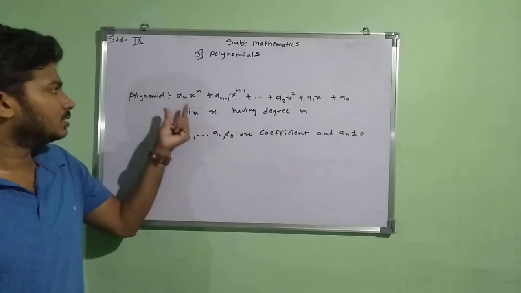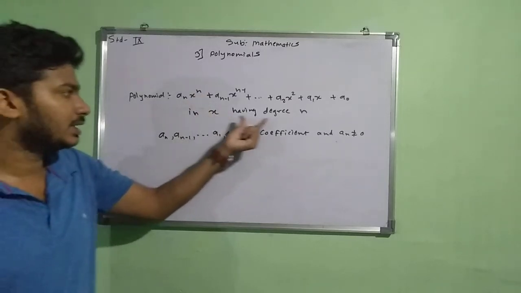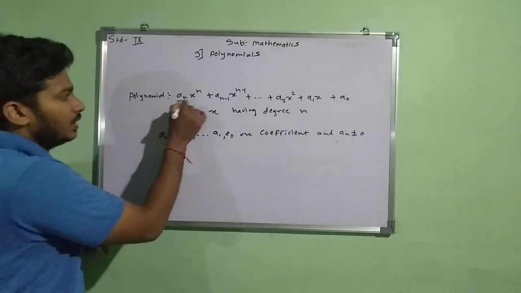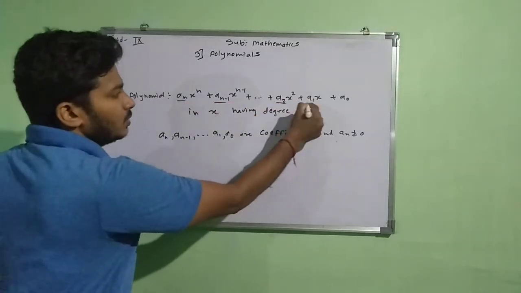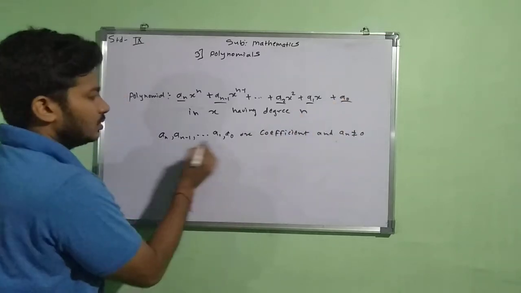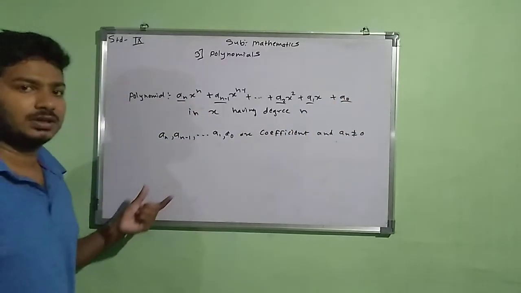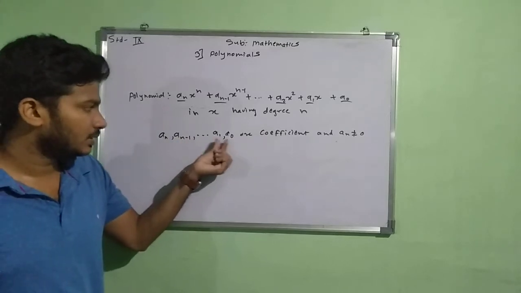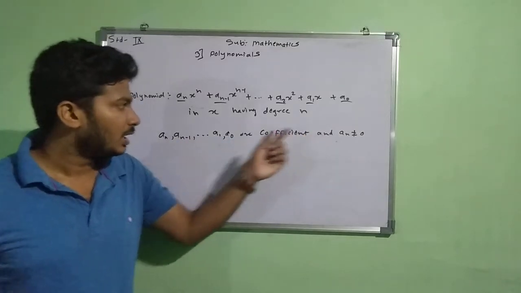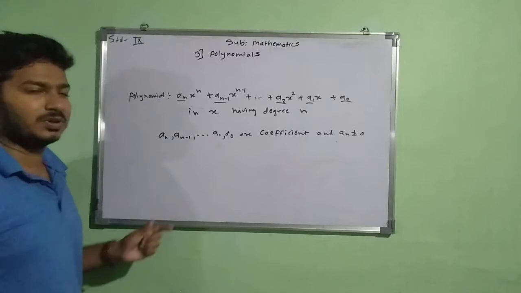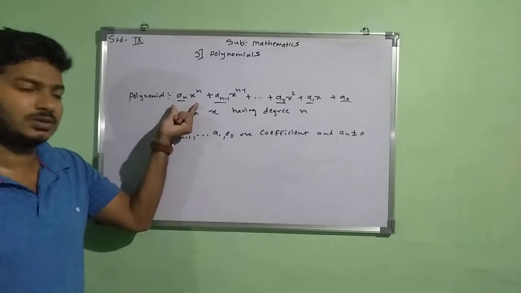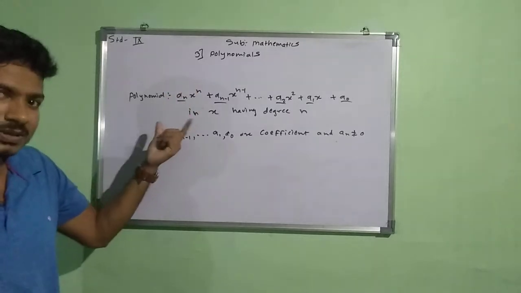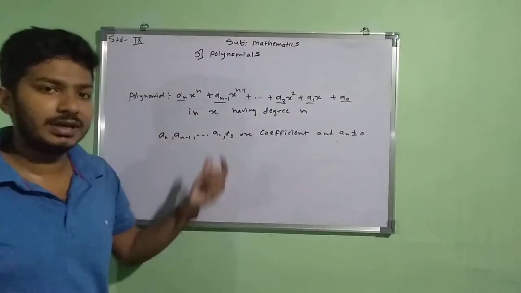Okay, so this is a polynomial in x having degree n, where an, that means this term an minus 1, a2 and a1 and a0, these are coefficient. Okay, we are seeing the standard form, that means that an minus 1 and so on, a1, a0, these are coefficient, and that an should not be equal to 0, because if the value of an will be 0, then that first term will become 0. Multiplication of 0 with any number will be 0 and the degree will reduce.